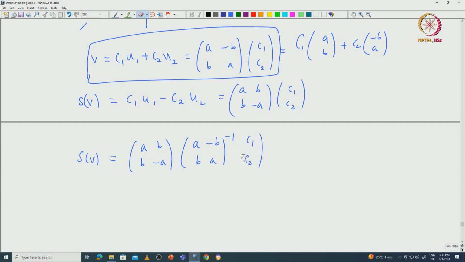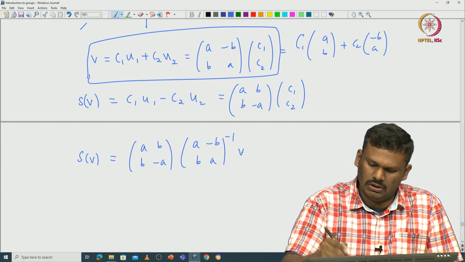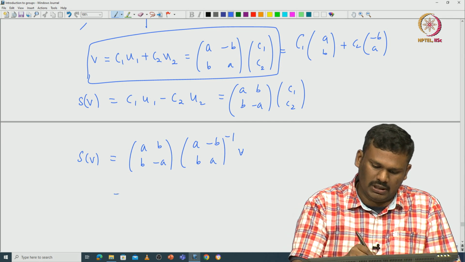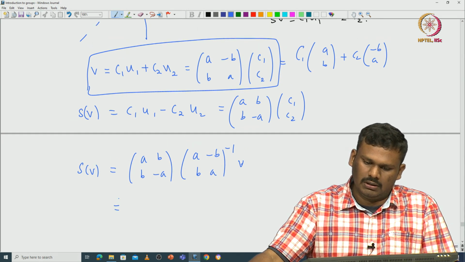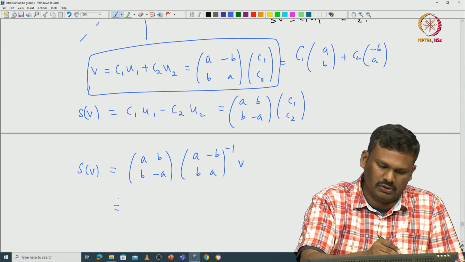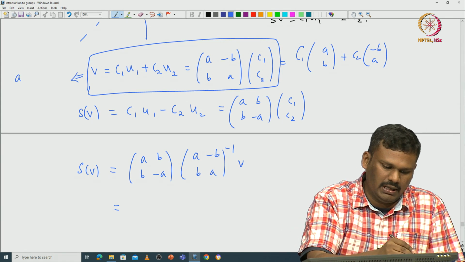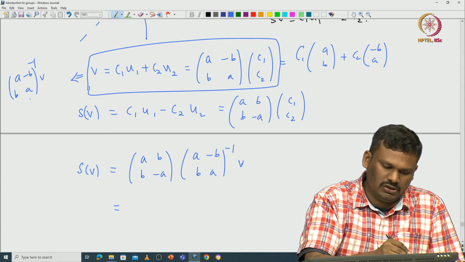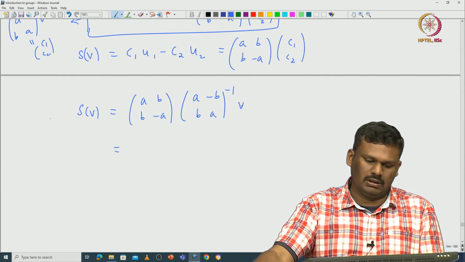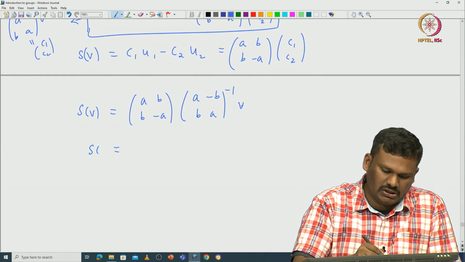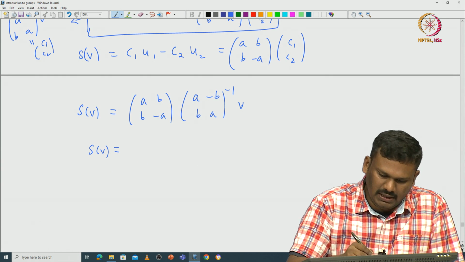Because this is V, from this you can see that A minus B, B A inverse V is going to be C1 C2, that is what we are using. So, from this you can see that S of V is going to be exactly